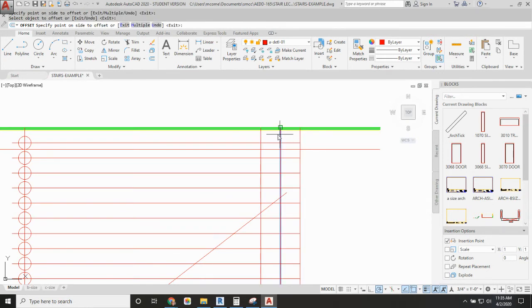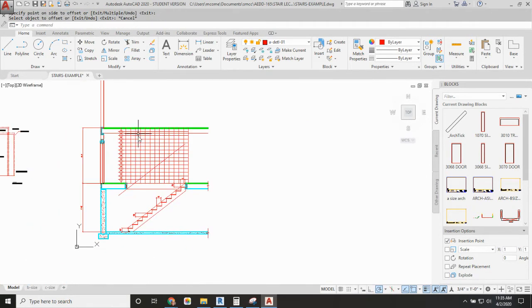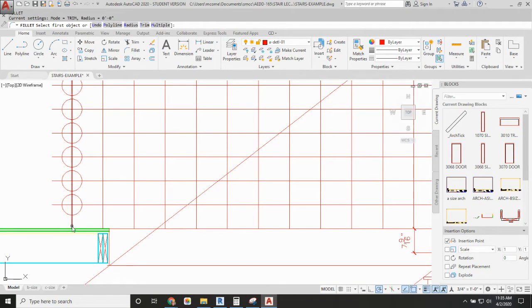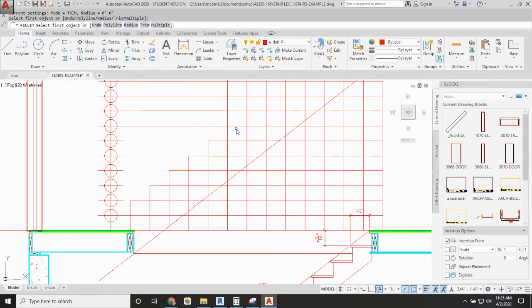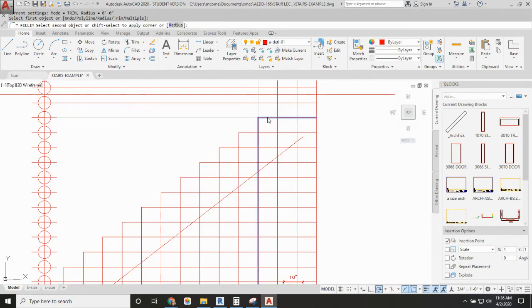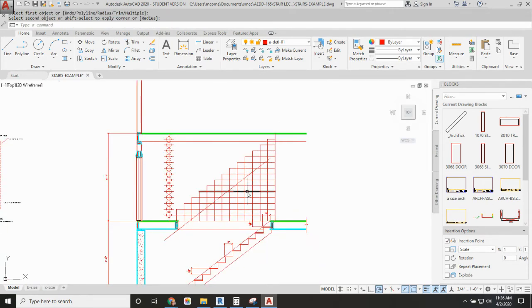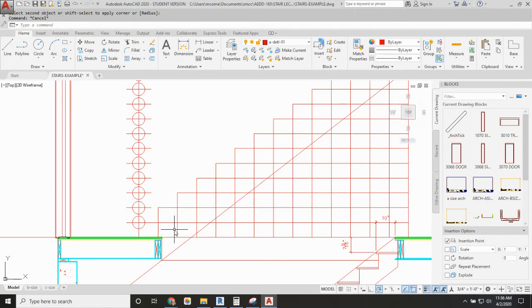You could use array too. I'm just being lazy, I guess. Lazy people work harder. All right. And from here, I want to start creating those steps. So I'm just filling the grid. Let's see if it all works out. All right, so there's where my stringer is. And if we fill out the other side,